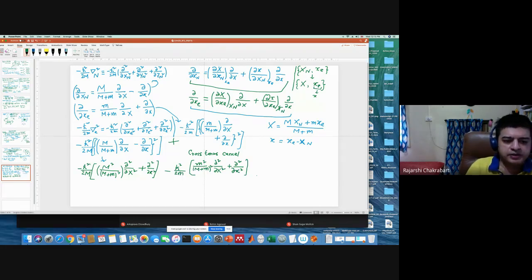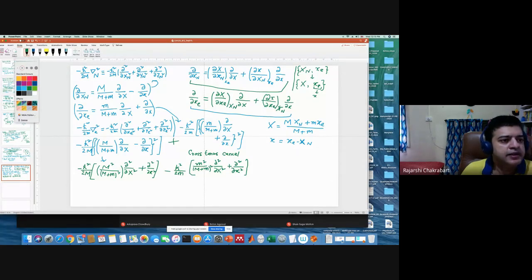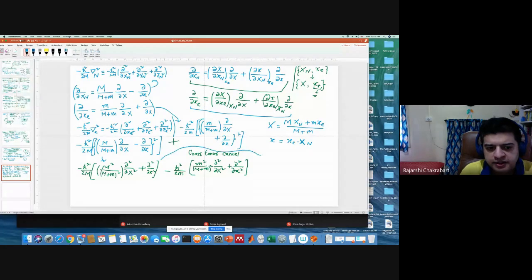Okay, is this fine? Tell me if you have any problem. Is this fine? Okay. And then if I further simplify it, what am I going to get? First term will give me what? Can anyone tell me what I'm going to get in the first term? You can see that your m square and m will cancel. Okay, and here also you'll have cancellations. And when you do the math, I'm not going to do it here. You'll see that you're going to get exactly this,